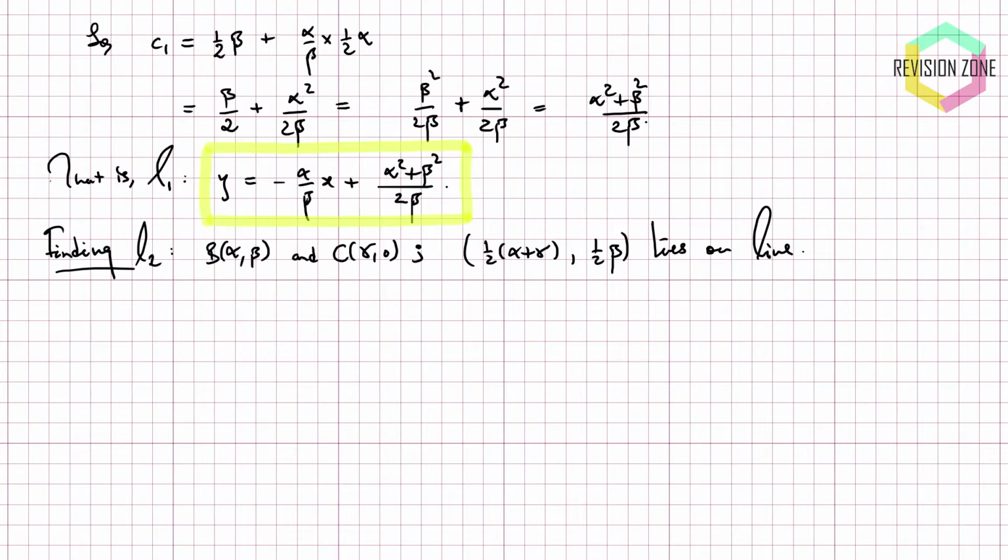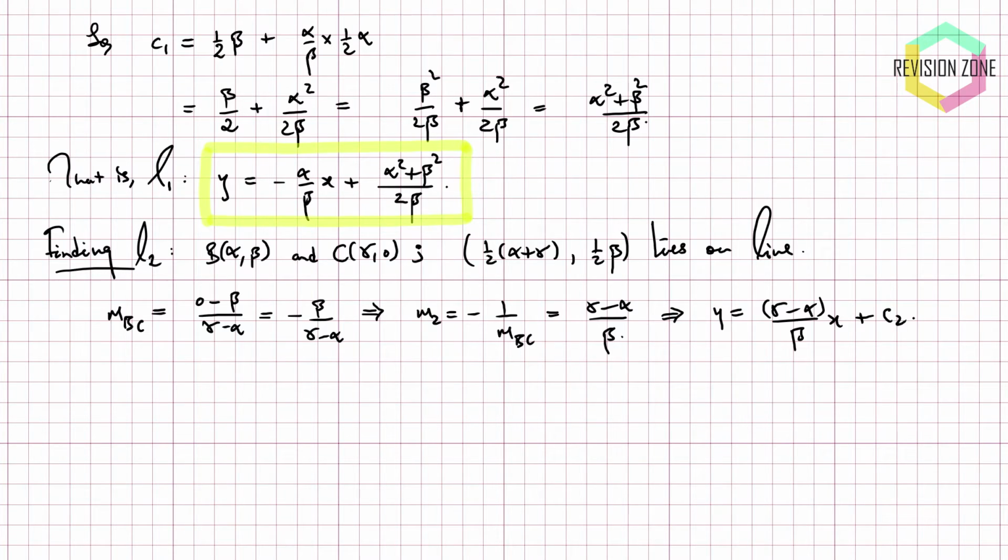So I need the coordinates of B and C to be able to figure out the gradient of BC. So the gradient of BC, the segment, is going to be y2 minus y1 over x2 minus x1. This is my x2, y2. This is my x1, y1. So y2 is 0, y1 is beta, so the numerator is 0 minus beta. x2 is gamma, x1 is alpha, so the denominator is gamma minus alpha, and obviously this simplifies